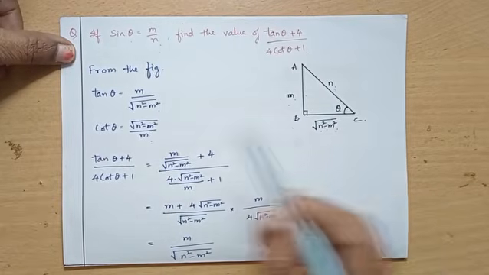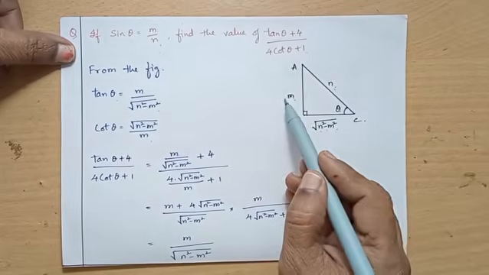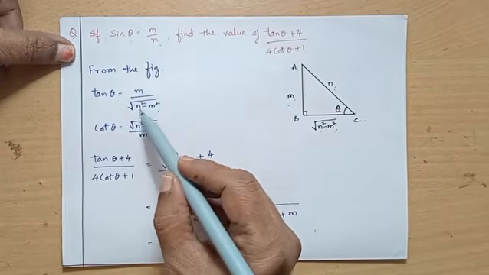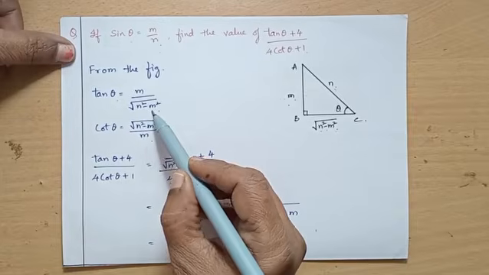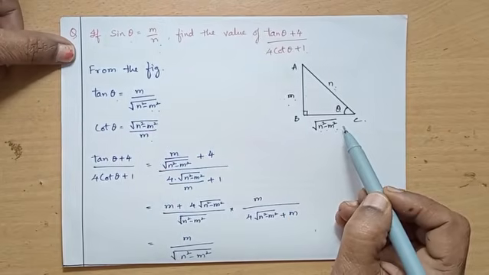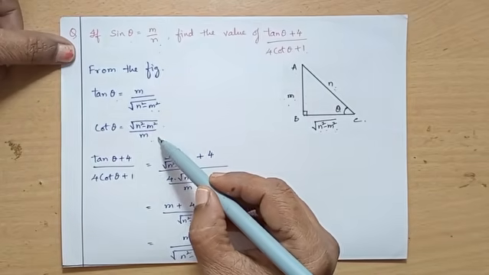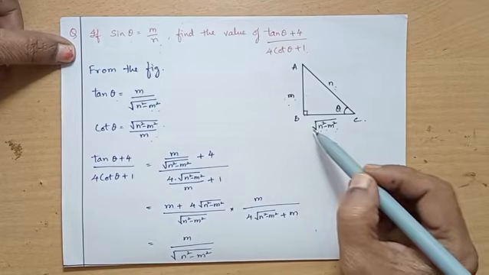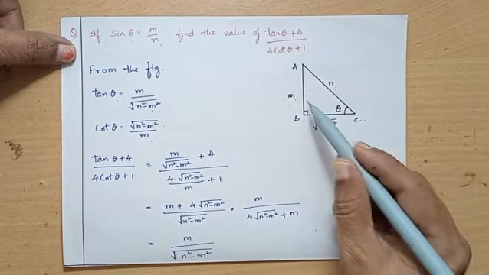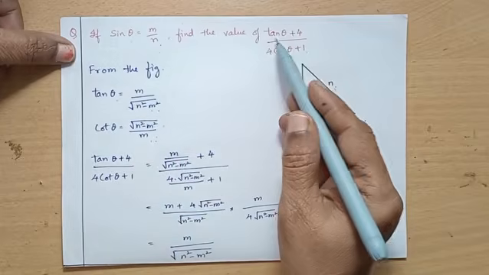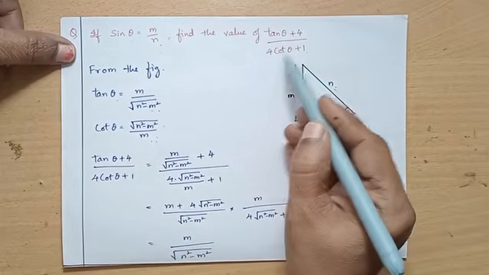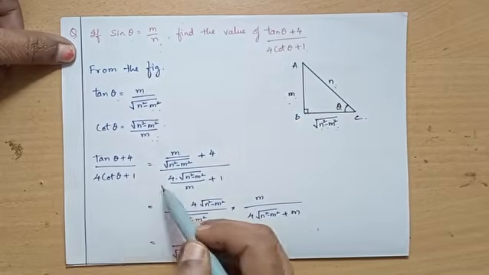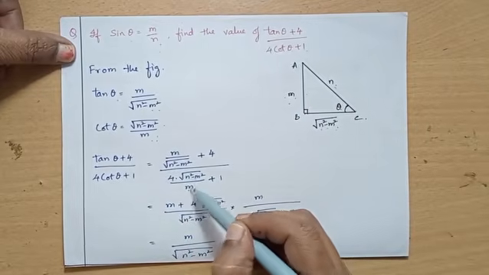From this figure, tan theta is opposite side by adjacent side, m by square root of n square minus m square. Cot theta is equal to adjacent side by opposite side, which is square root of n square minus m square divided by m. Tan theta plus 4 whole divided by 4 cot theta plus 1. Substituting these values, we get